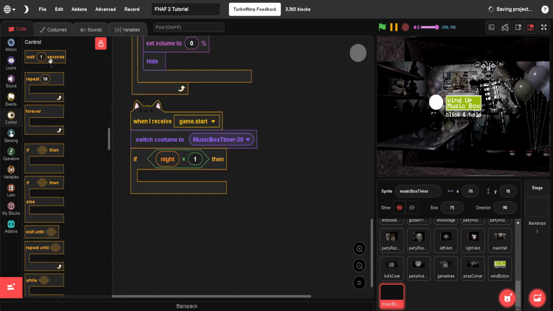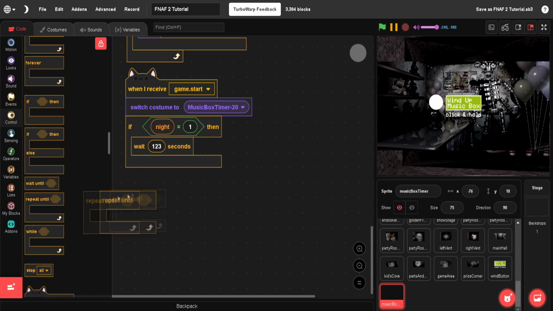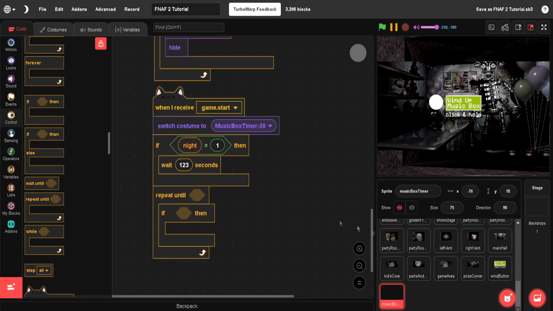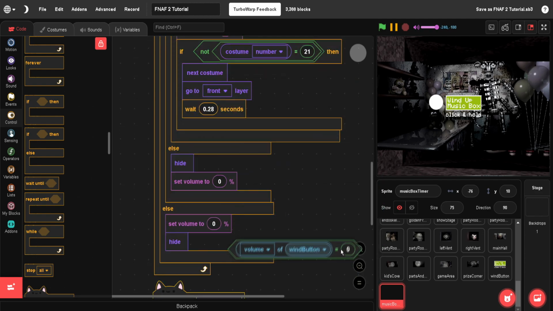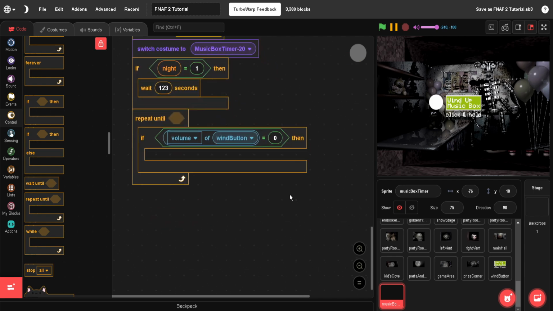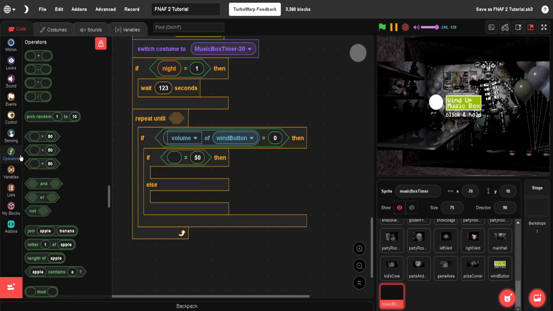If it is, we want to wait for that phone call to pretty much be done. So 123 seconds for my phone call usually works for me. Yours is obviously going to be different. Then I'll put a repeat until underneath here, and we'll run an if statement inside that says we're going to check this exact same thing: if the volume of the wind button is 0. So if volume of wind button equals 0, then we will run an if else statement that says equals and